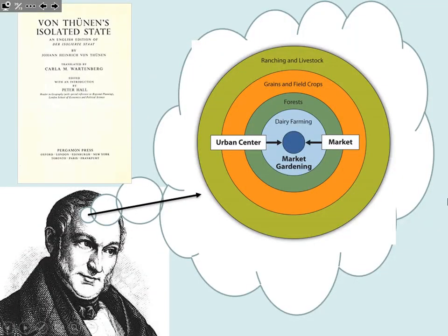So here's this book, The Isolated State. Again, this guy's from northern Germany. Obviously, the world looks way different now than it did in 1826 northern Germany. Nevertheless, there's some things that are still applicable. I mean, people, I don't care what you're producing, people are looking at the production costs and land costs and transportation costs. That's one of the reasons that